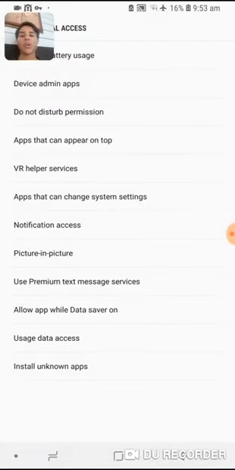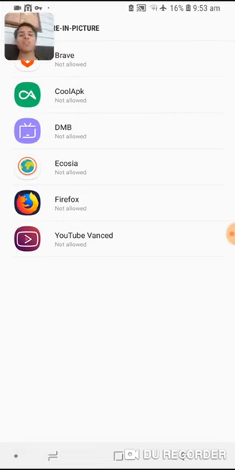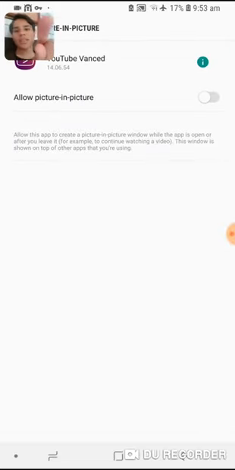Next, now that we have gone through these three, device admin, apps that can appear on top, and change system settings, disabling every single one, we're going to go into picture-in-picture mode. Picture-in-picture mode is basically the exact same thing as draw over other apps. It has the same type of privilege. It can remotely view, except that picture-in-picture mode is a feature newer Android devices have,